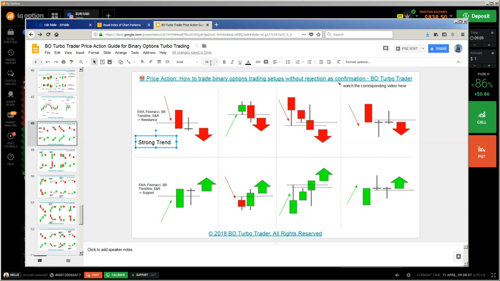I think I will do this a little bit smaller. So, and then I'm going to do this only for one. Later I will copy them and place them so you understand this. Yes, you need a strong trend, because I often see